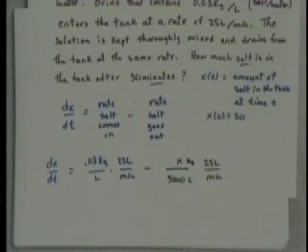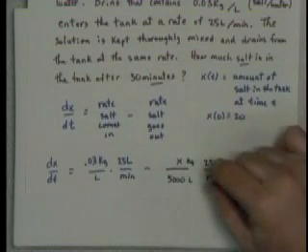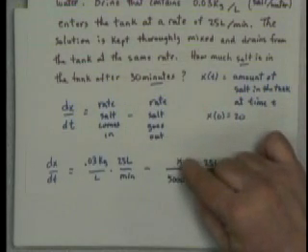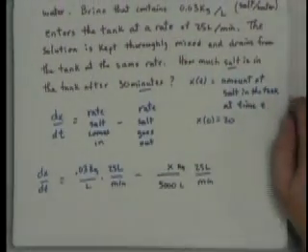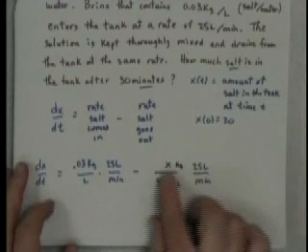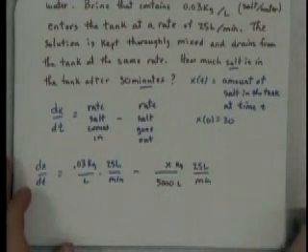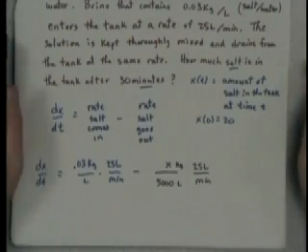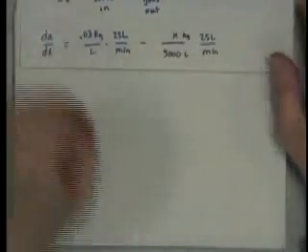See, the amount of salt that's going out is based on how much salt is in the tank. If it's thoroughly mixed, it's the density of the salt in the tank times the rate at which the liquid is leaving. Does that make sense? All right. So